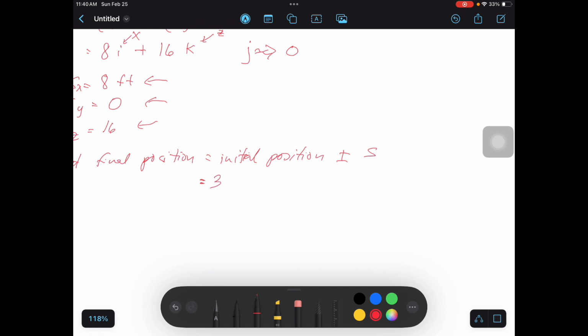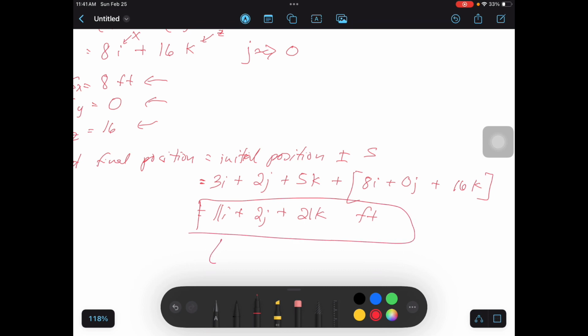3 at x plus 2 at y plus 5 at z-axis. So, add them up, what is our displacement? 0 in y plus 16 in z. So, 11i plus 2j plus 21k. This is your final position. So, if we point it at coordinate 11, 2, and 21,